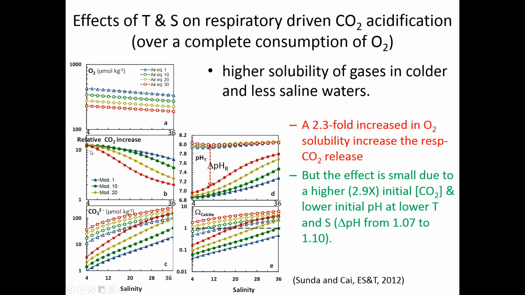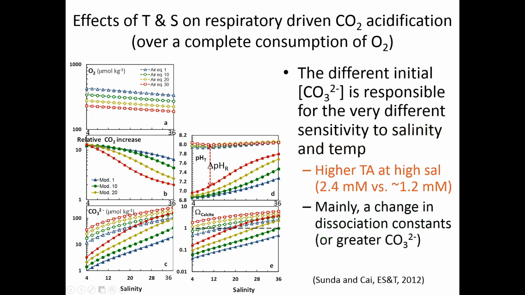You can see this pH decrease between the two red lines and the two pink lines is not greatly different. All right, and later on when we talk about the mixing-only model, that model 2, then there will be a difference. This will be more apparent, more important, because in that case there's zero anthropogenic CO2 in the low salinity part.